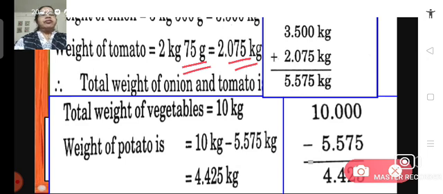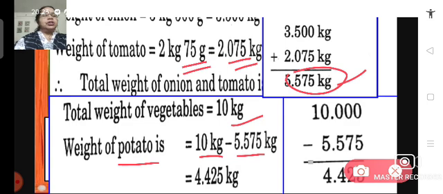Then total weight of onion and tomato will be this, isn't it? When we add up these two, 3.500 kg and 2.075 kg, we get 5.575 kg. This is the weight of onion plus tomato. Now total weight of vegetables is 10 kg. So what will be the weight of potato? 10 kg minus